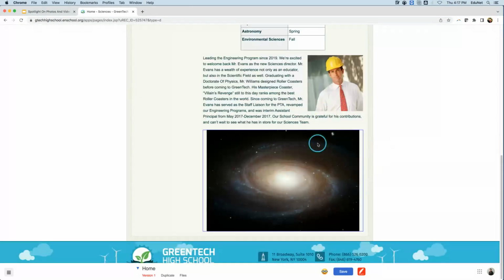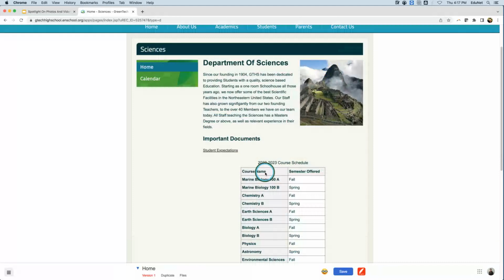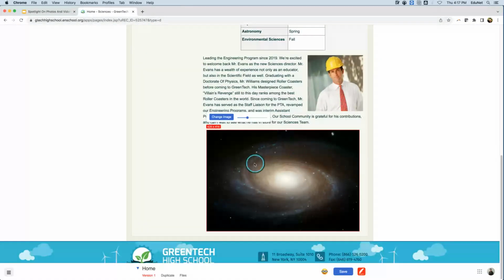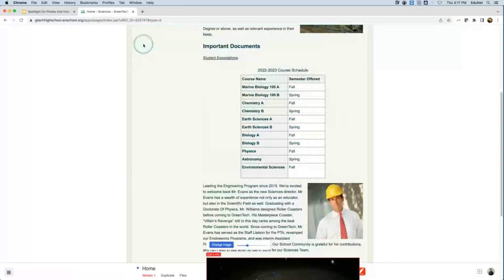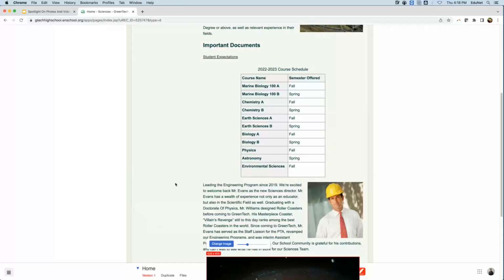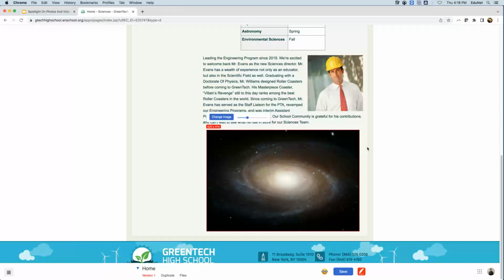Now with the Milky Way image, it's a little bit different. One reason it's like that is the menu here can actually extend all the way to the left. In terms of aligning it further to the right, it wouldn't be something we're able to do. We do suggest keeping the photos